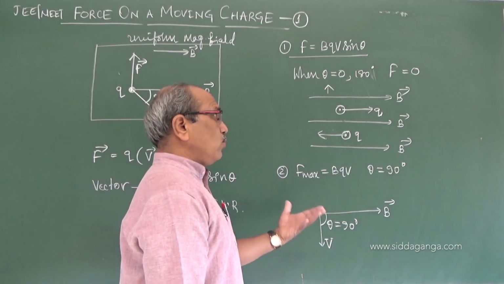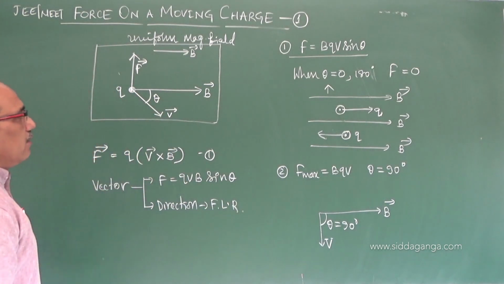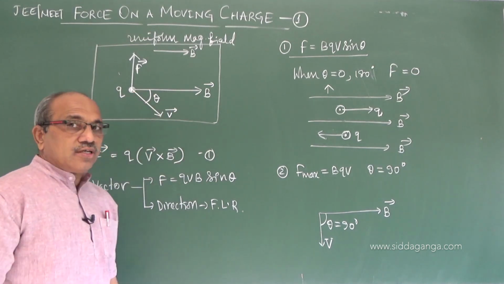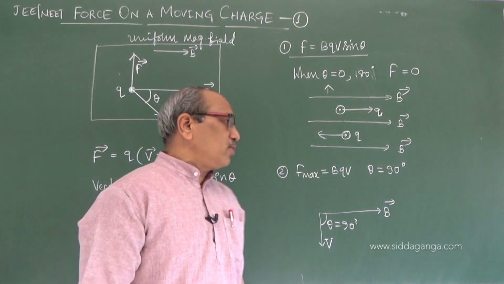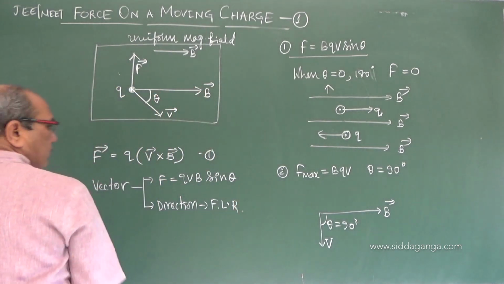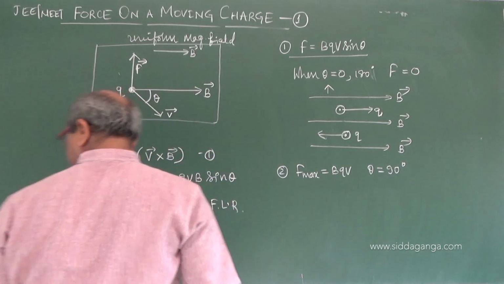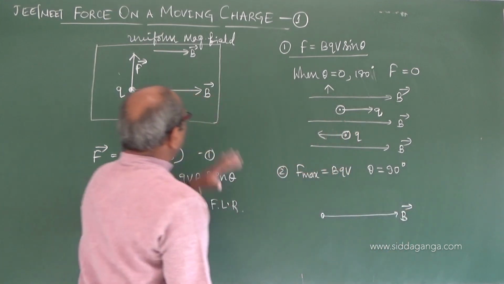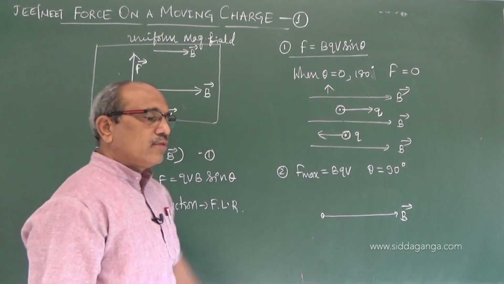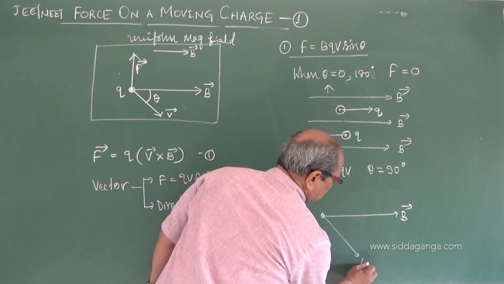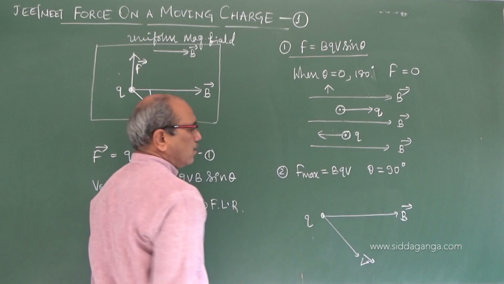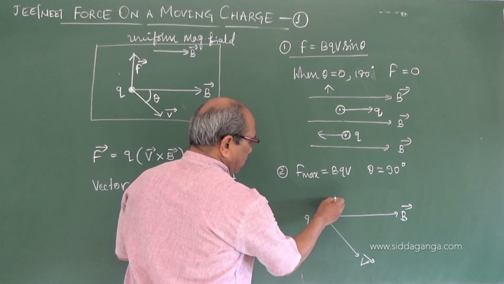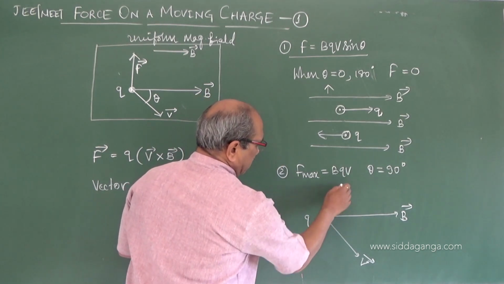Why does it happen so? What is the origin of the force? Let us imagine that when the charge is moving, it produces a magnetic field. I told this in the beginning of this class. So a charge, this is the direction of the magnetic field. A uniform magnetic field is existing in this region. When a charge is moving in some direction, you come to know that whenever it has velocity in one direction, perpendicular to the velocity you have a magnetic field.